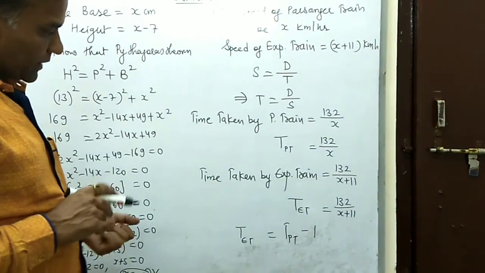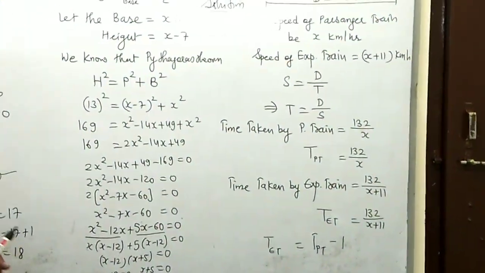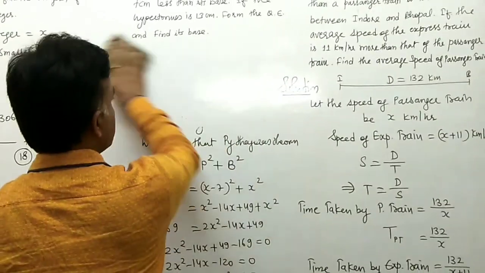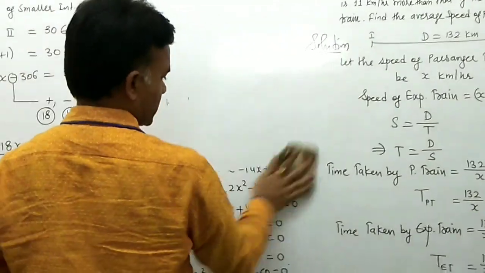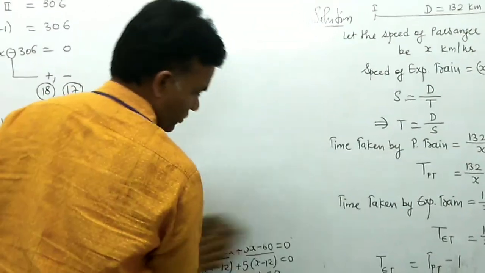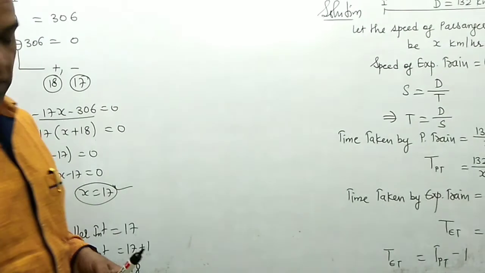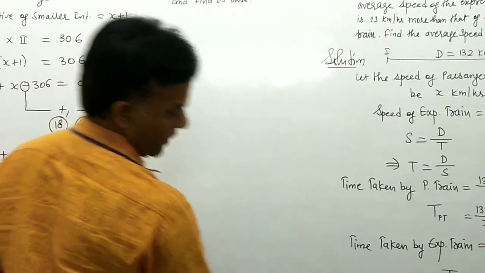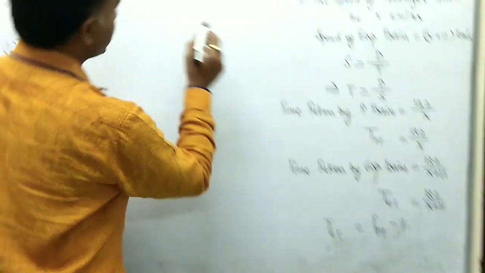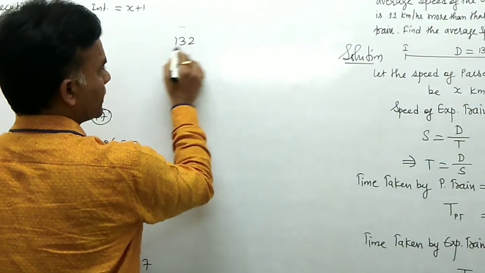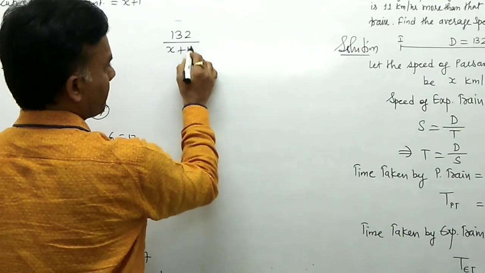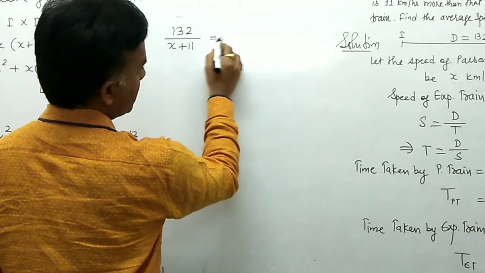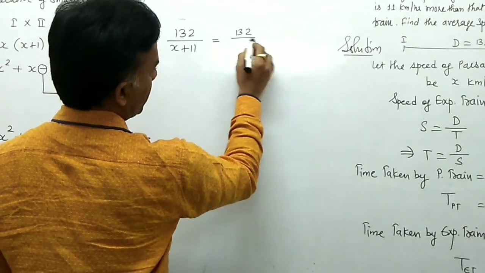So now we put the values of the time taken by the passenger train and the express train, both we know, so we find out the value of x, the speed of the train. So the value of ET, that is 132 upon x plus 11, is equal to 132 upon x